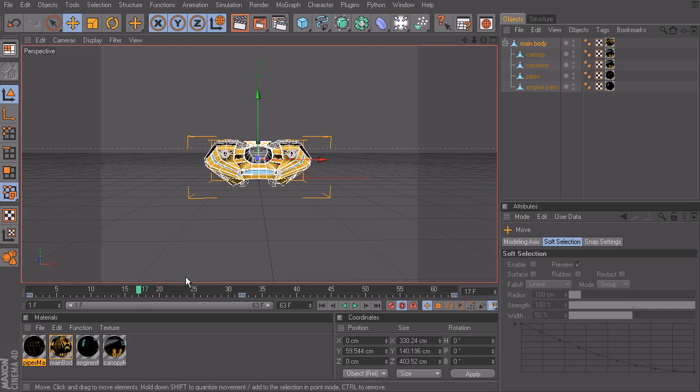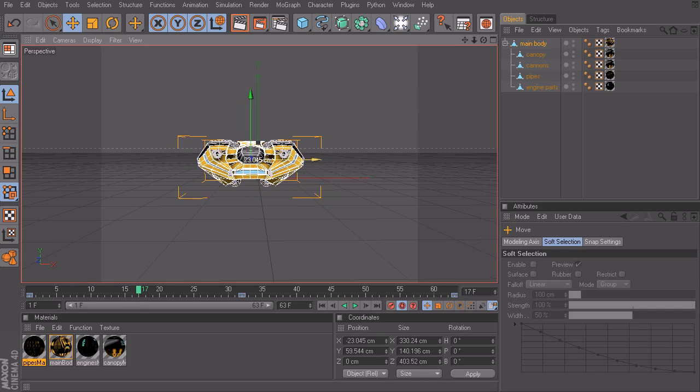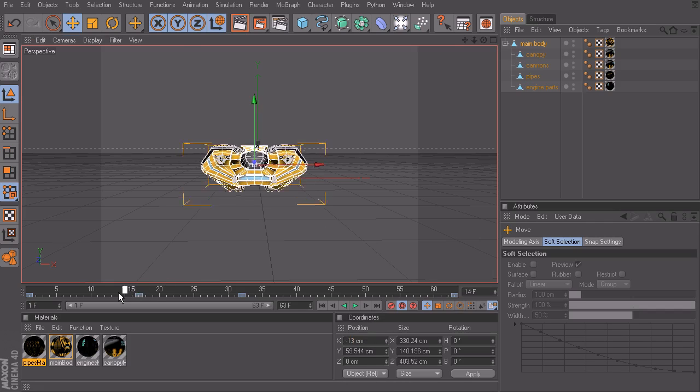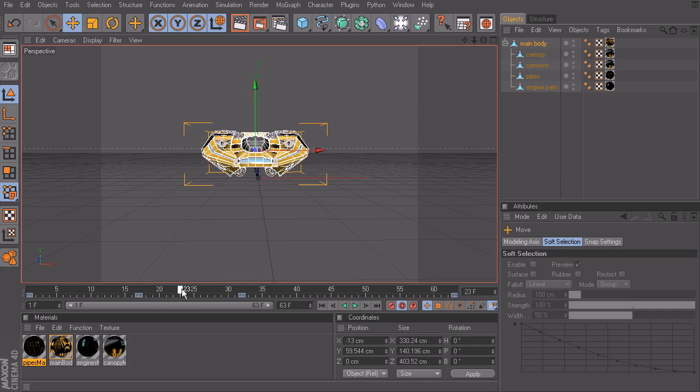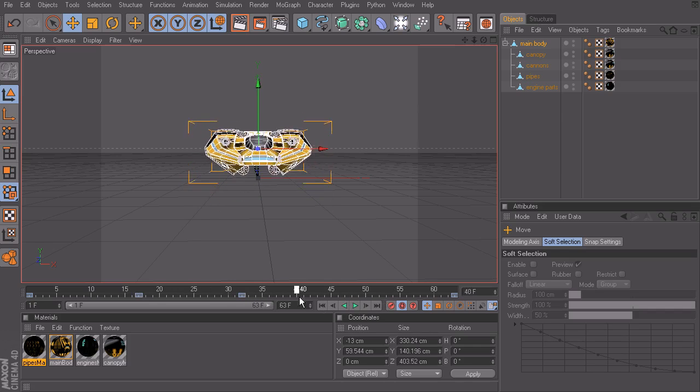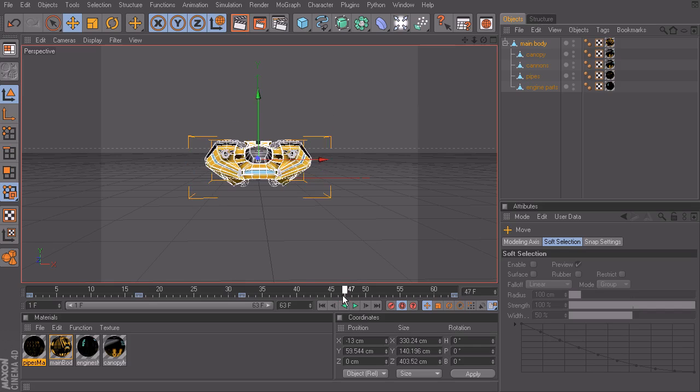So in frame 17, let's go ahead and move the ship a few units over to our left. If you like your value to match mine, I'm going to work with a value of -13. We don't want too much movement. And then as we get to the end of our cycle, we can have the ship move to our right